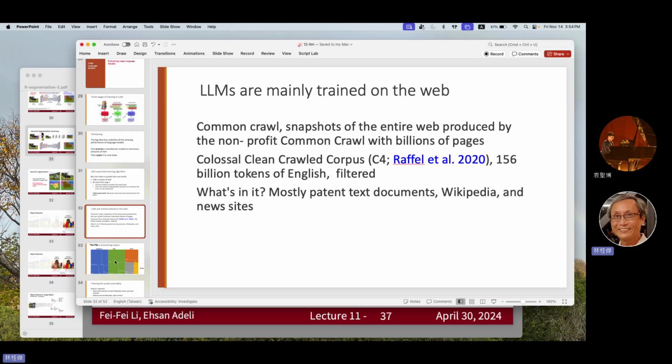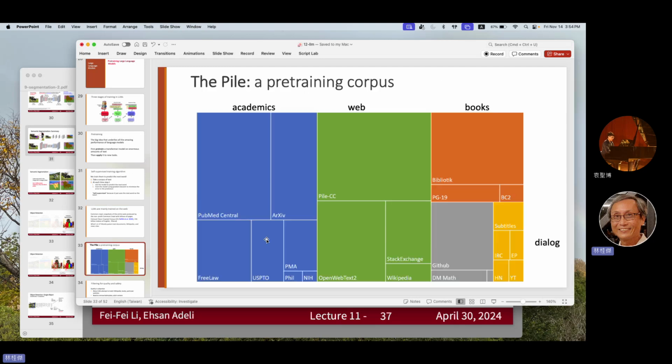Originally when people started to build large language models, they just collected whatever information they could find, and later people found that it's not right because you are using a lot of copyrighted information, and so therefore people started to try to collect information which they think doesn't have any IP